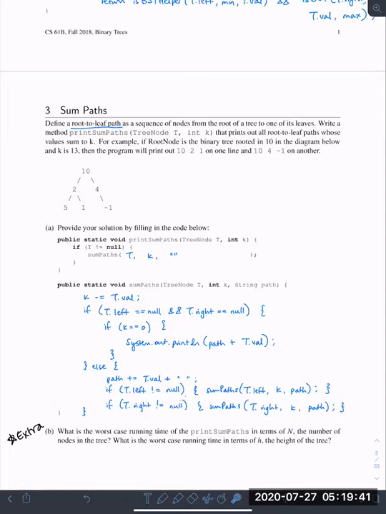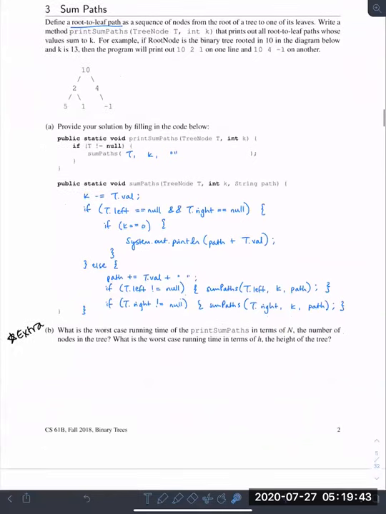And then for part B, the worst case running time of this function in terms of n, the number of nodes in the tree. Okay, so if we think about what this spec is really doing is we want to really maximize